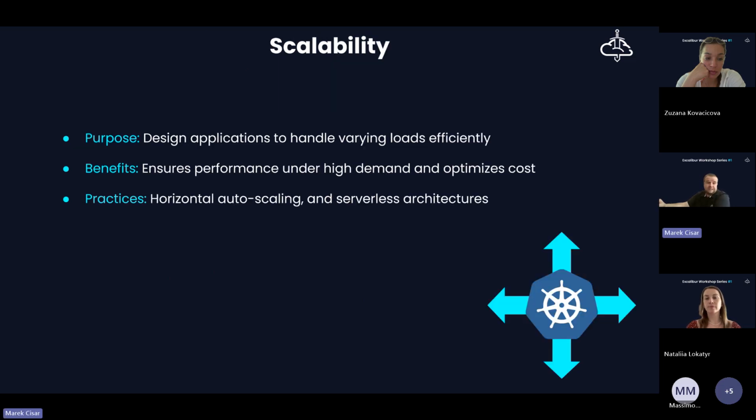Okay, and scalability. Yeah, I was talking a little bit about it, for example, higher load during the work hours in the day. During the night, there is no such demand for load. So cloud native applications are designed in such a manner that they can scale up, and also scale down, without any effort.